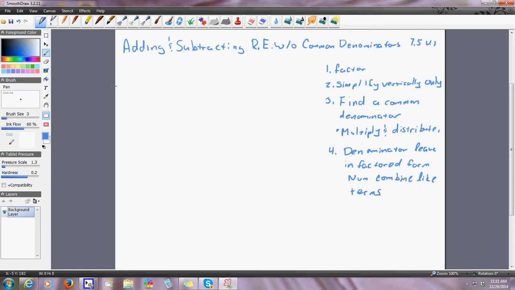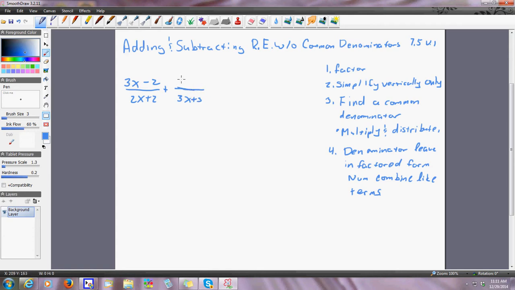This is probably the biggest bear of a topic you'll have to encounter, and I'm just going to do a couple examples to make life easier. I'm going to show you how to do it, and here's my first example. It's (3x - 2) over (2x + 2), plus (3x + 3)